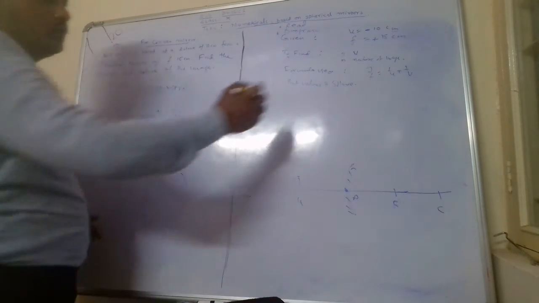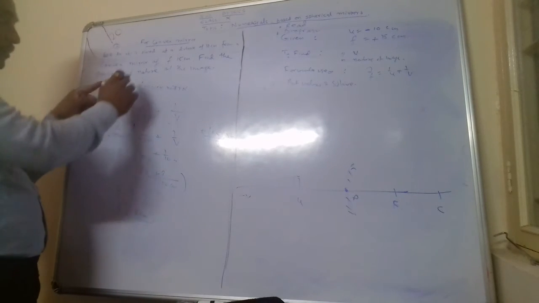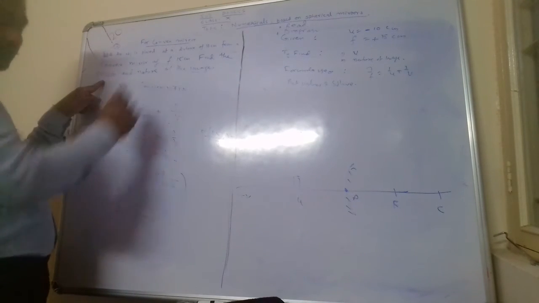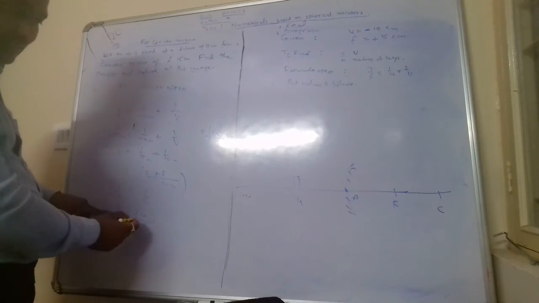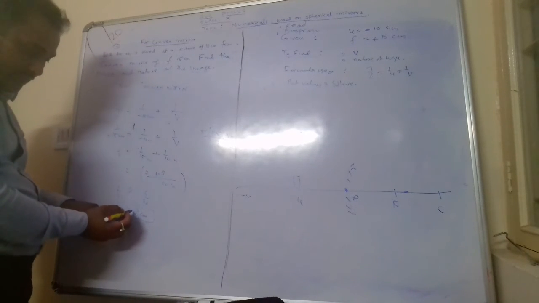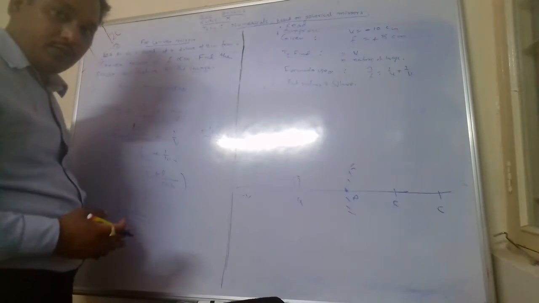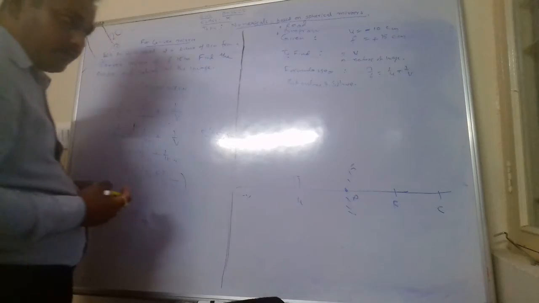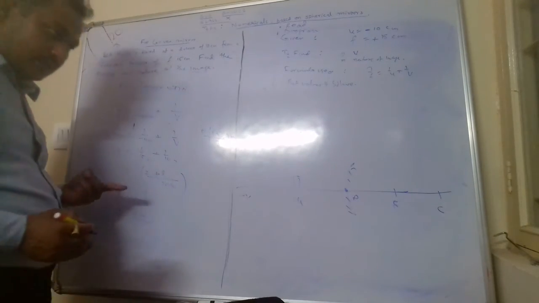So what is required here? One thing to find is small v, the position of the image. So v is the position of the image. Where is the image placed? 6 centimeter. Is it plus or minus? Plus sign. Okay, what does it mean? It is behind the mirror. We are always aware that it is behind the mirror, virtual and erect.